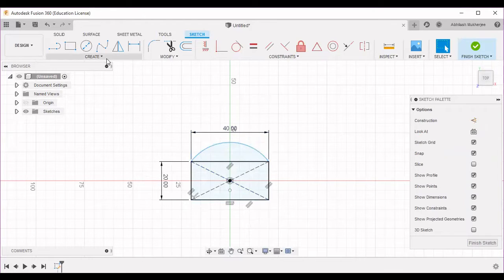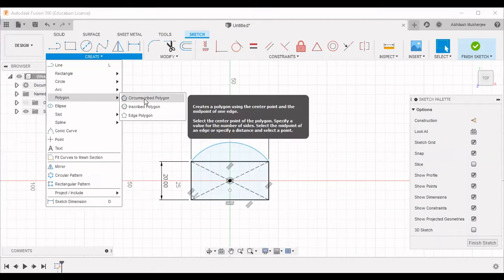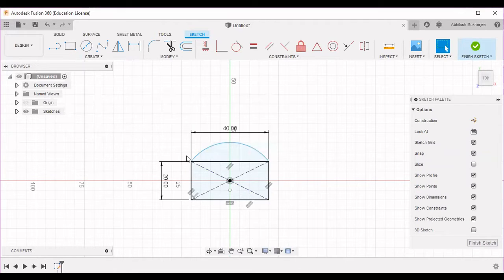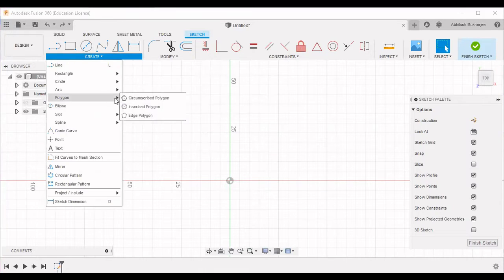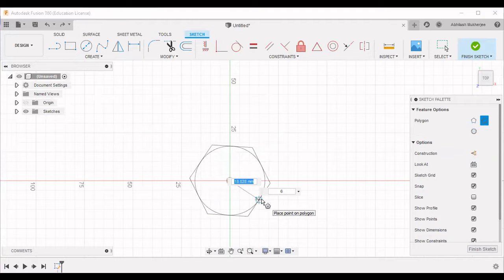Now the next command we would need is polygon. Polygon can be circumscribed, inscribed, or edge polygon. Now let's see the example of polygon. Let's delete whatever we have made so far and create a polygon. Circumscribed polygon has a phenomenon that the polygon will be formed around a circle and the radius for the circle that you need to give.